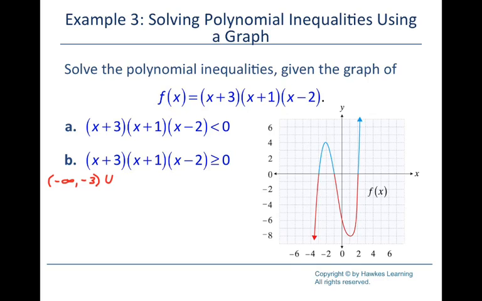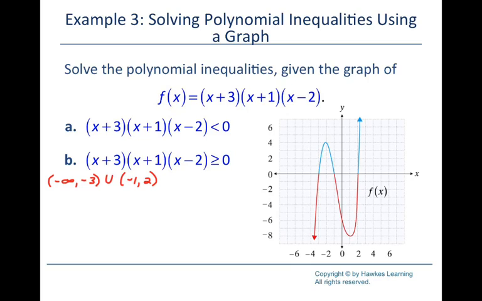Then it goes from negative 1 to positive 2, where it's below 0. And then after that, it's not below 0, so we can take that off. Okay. So that's where it is below 0. Now, where it's greater than or equal to 0,